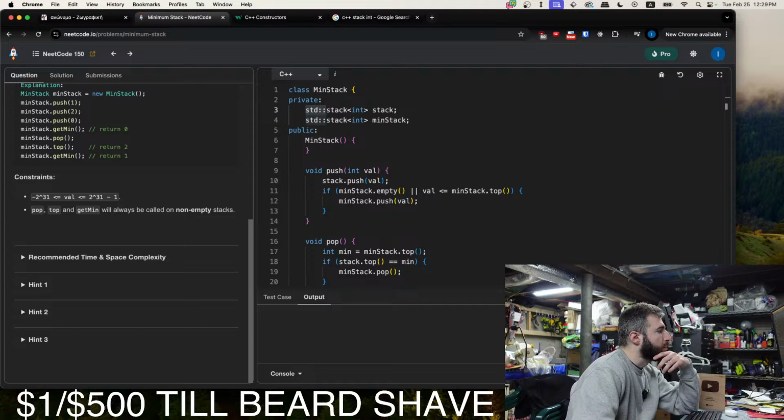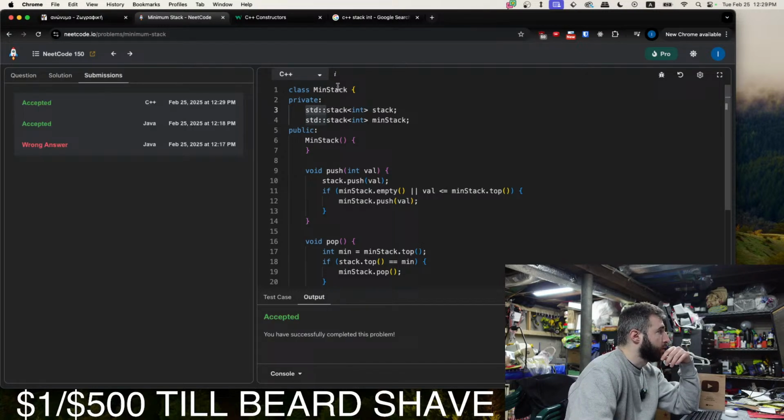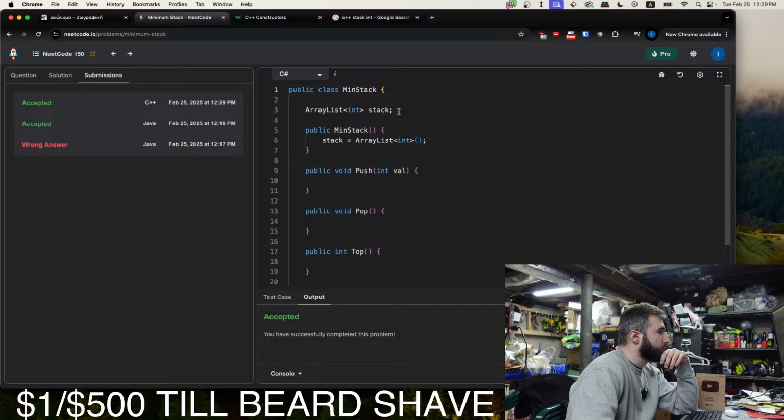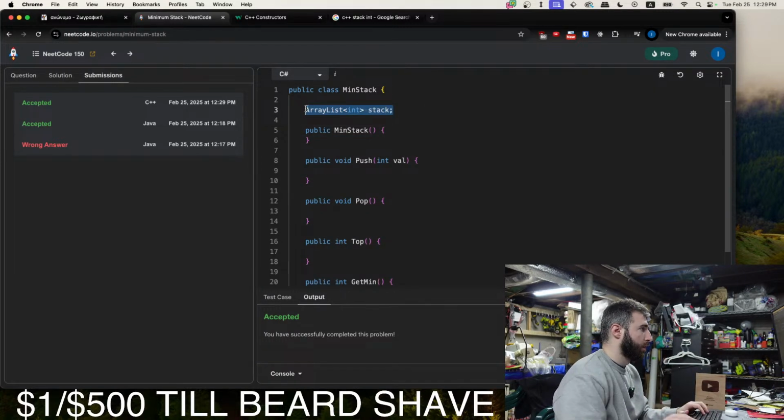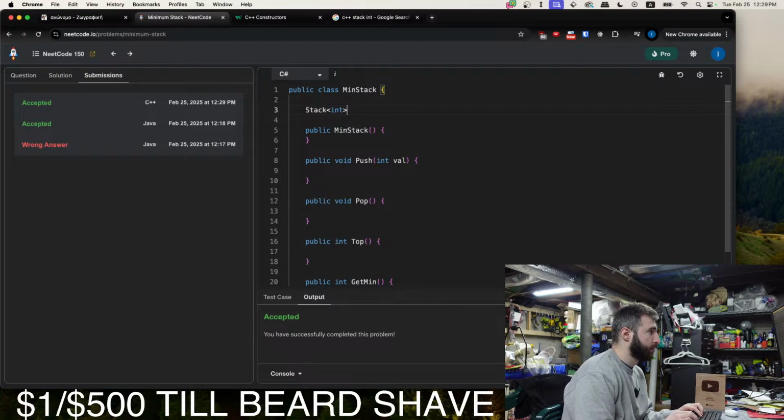All right, so that passes, and if we submit, that passes as well. So now let's get the C# implementation going. This is my old code. Remove this stuff. All right, so is this how we make a stack in C#?